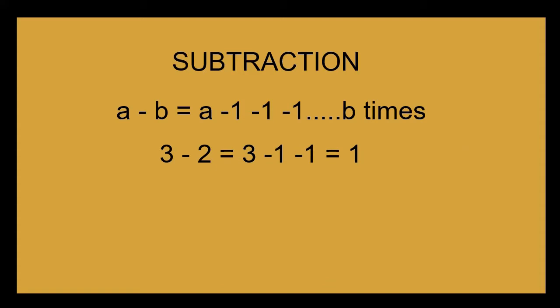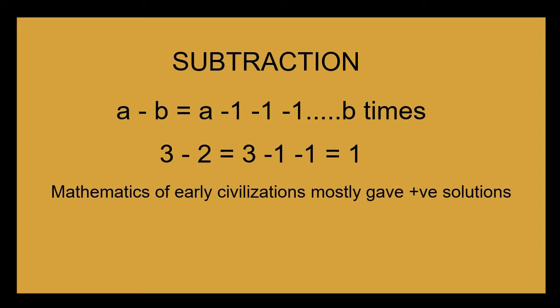Every one of the basic operators was known to the earliest civilizations, though subtraction would not have been used extensively. The reason being, these civilizations were using mathematics for studying nature or measuring areas or volumes for geometry. Though we have evidence that they encountered equations like 4x plus 20 equal to 0, which gave a negative solution.